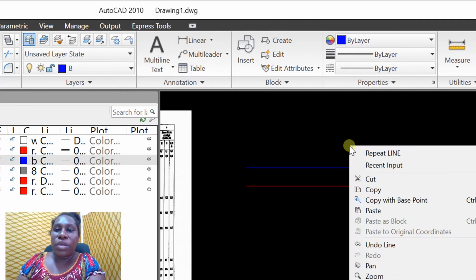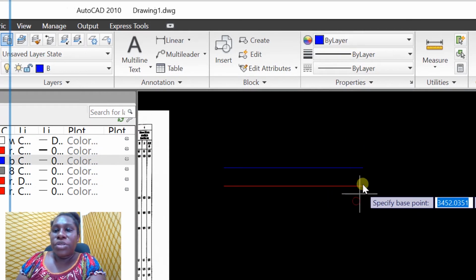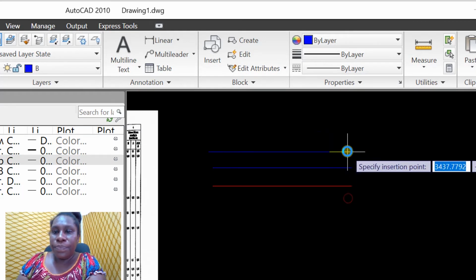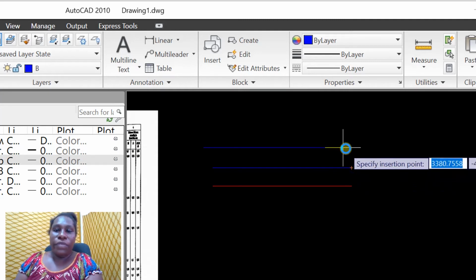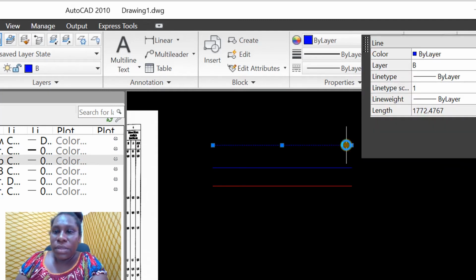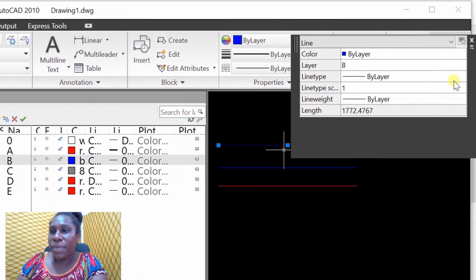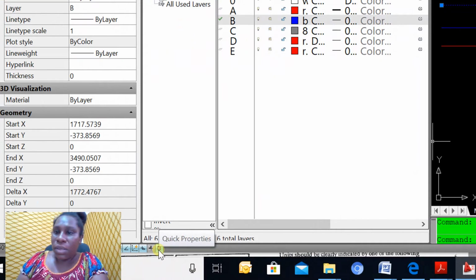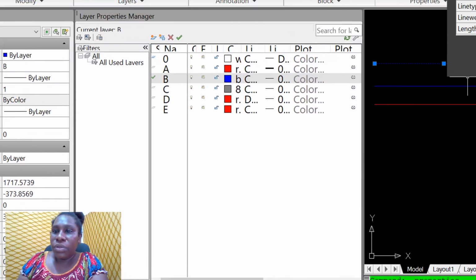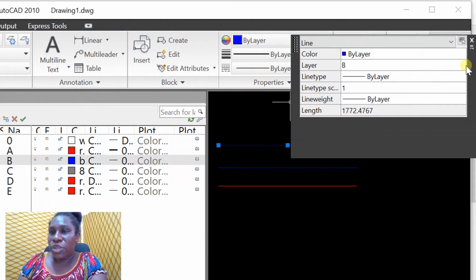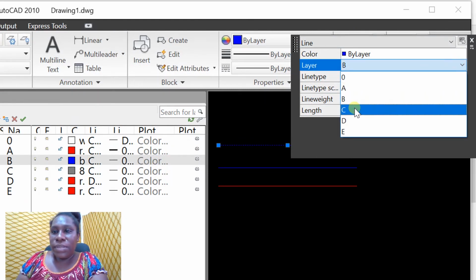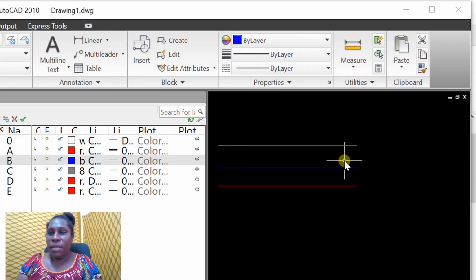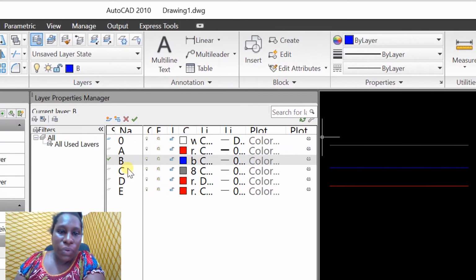Another way you can do it, you can also just copy it and then change the layer. So we just go copy this one, offset it, and we'll just copy it. Select layer type B. Make sure your quick properties mode is on so that you can select the different layer, change the layer. So we'll say C and OK. Close, press exit to close,